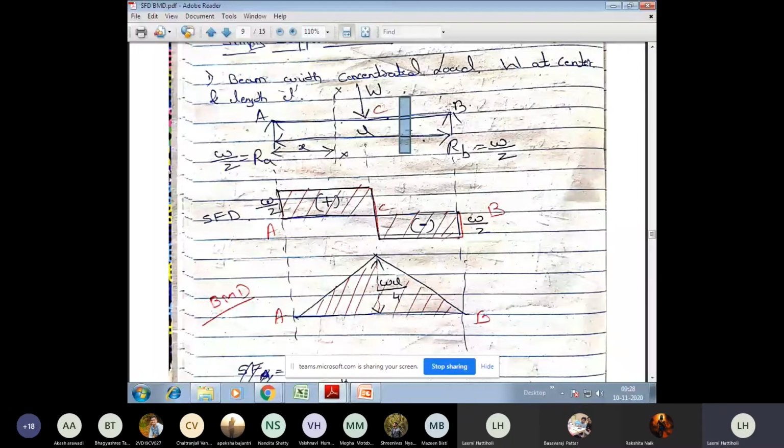Now you can compare this answer with your previous answer. The shear force at B is minus W by 2. Now you got this answer. Have you got the same answer if you are coming from the left side? Yes, you have got the same answer. Shear force at B is minus W by 2. So you can do this from either the left or right of the section. Definitely you are going to get the same answer. But I want you to practice with only one direction, so that there is no confusion about upward force, positive, negative, and all. Always keep a habit of coming from only one side so that you get acquainted with those forces and directions.